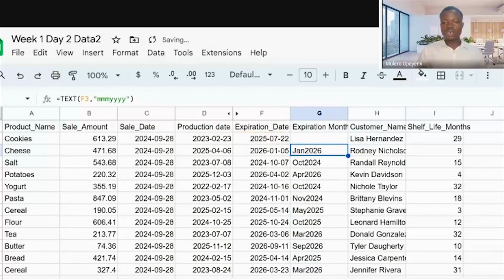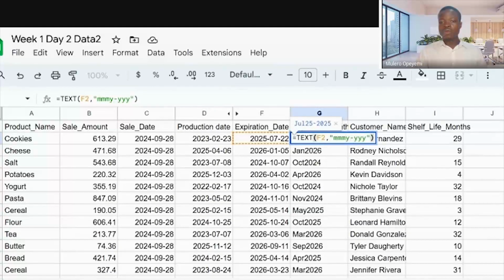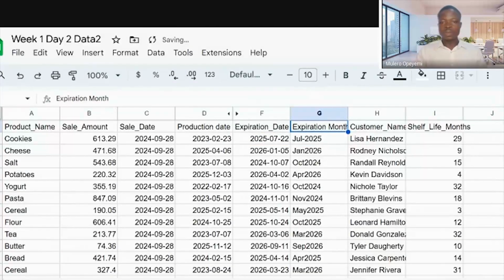So you can see that July 25, but this is not what I want. You see where the dash is. That's why anything you do, you get the result immediately. So I want the dash between month and year, so I'll put it here. So we are good to go.